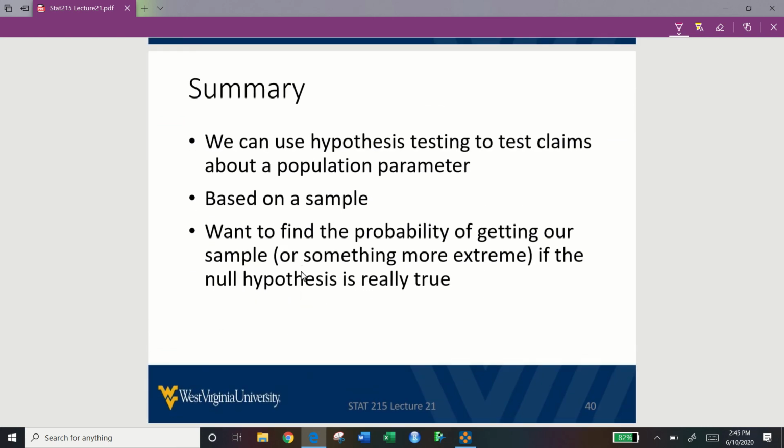Let's take a quick summary of what we learned. We learned that we can use hypothesis testing to test claims about a population parameter, specifically mu and p, or proportion and mean. We learned how to base things on a sample, and we want to find the probability of getting our sample or something more extreme if our null hypothesis is really true. Okay,